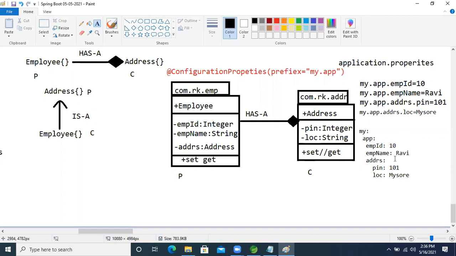Like this, see, boss, in Spring Boot, all things will be there in the properties and YAML only. Because of that, we are able to write less code. From the initial day onward, I'm just explaining how we will write the property file, what is the attribute, what is the key, and what is the value, and how we will inject it into our classes.